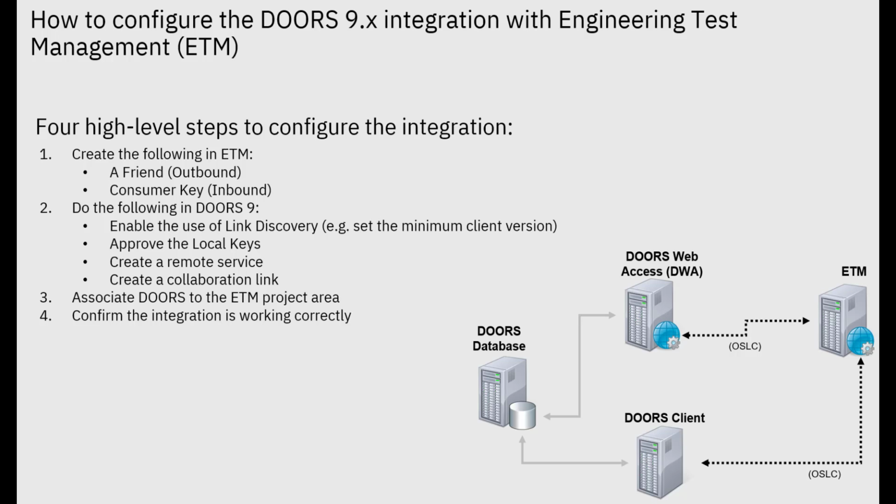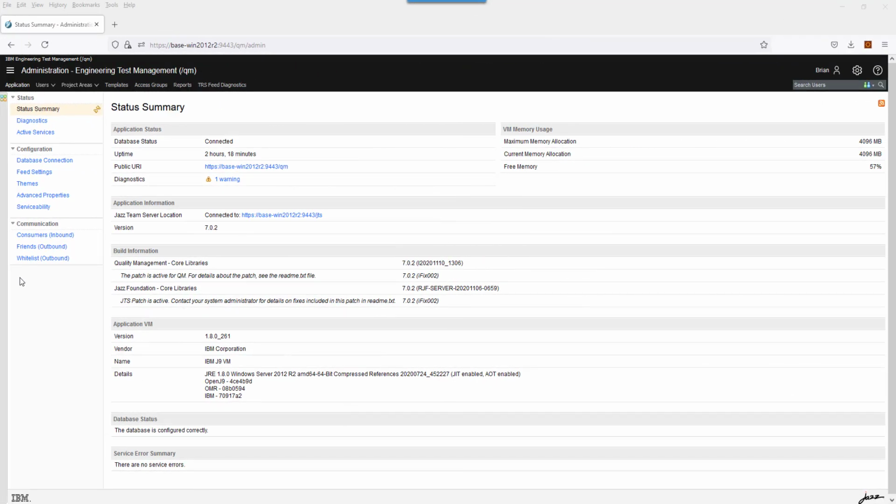complete these steps. It should be noted that before configuring this integration, Doors Web Access needs to be up and running in your environment. To start configuring the integration, we can navigate to the QM admin page within ETM. From this page, we can click on the Friends Outbound section and then click Add located on the right-hand side